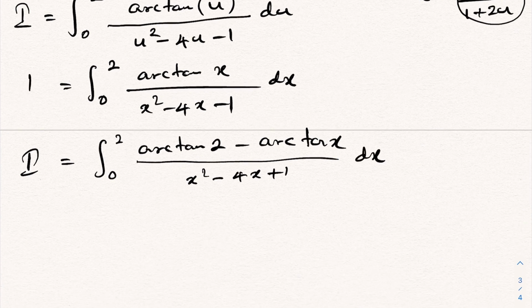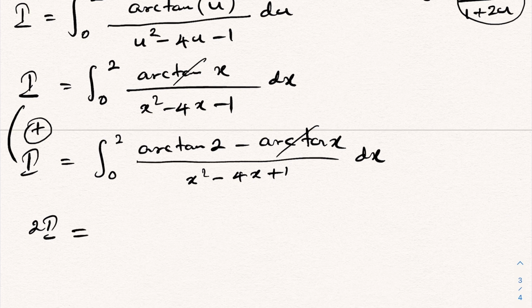Now we know this is also equal to I, and now I am going to take the sum of these integrals. So 2 times I is equal to, now we know arctan of x get cancelled, so we have